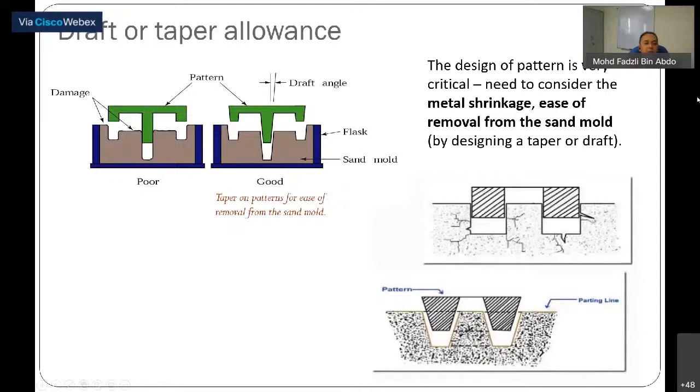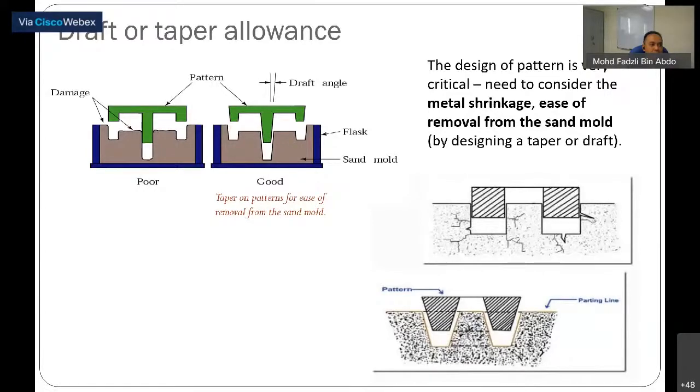And then the design of pattern is very critical. Need to consider the metal shrinkage, ease of removal from the sand mold by designing a taper or rough. That's why biasanya kita punya mold tu kita design bukan macam ni, kita design bentuk rough lah. Ini contoh tu lah. Maksudnya kita ada certain angle dekat sini. Kita bukan straight saja, bukannya 90 degrees. Kalau 90 degrees kita tengok macam ni, bila kita tarik dia akan jadi mold. Bila kita remove the mold tu tadi dia akan nampak crack dekat